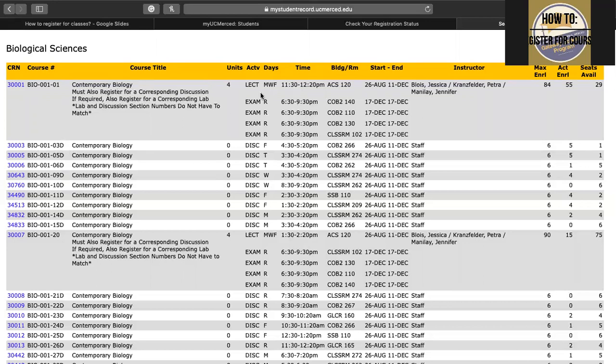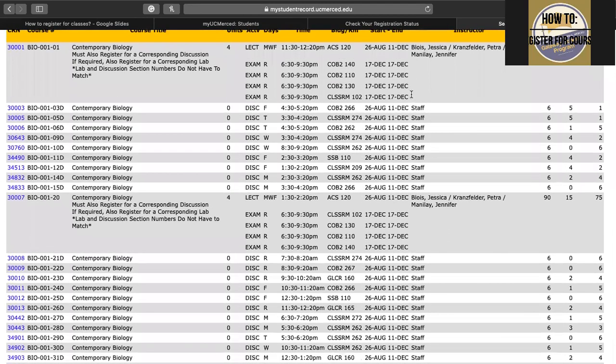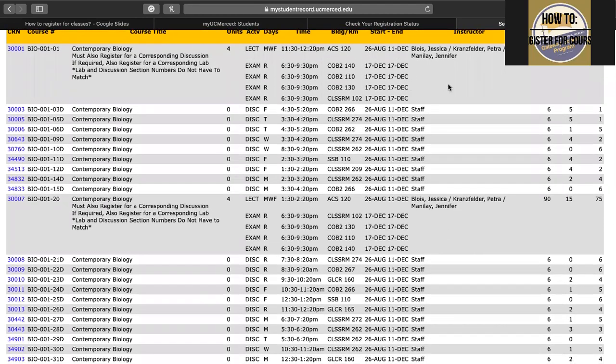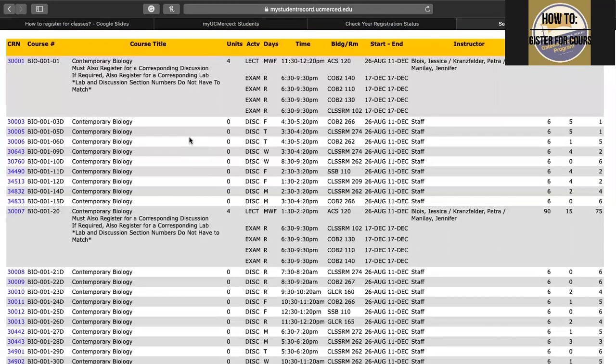So once you click a regular lecture, let's say this bio lecture is max 84 students. So there's 29 seats open. Depending on anyone who, let's say, is a bio major right now or is thinking about taking a bio class, bio 1 might be an option. So you'll see the seats that are free, 29 seats, but you also have to take into account that there's